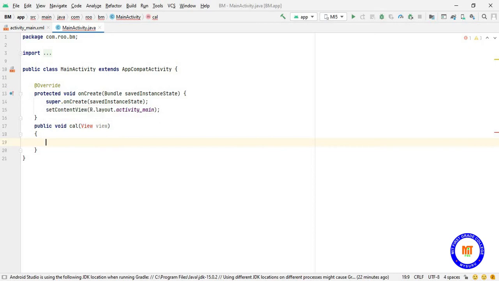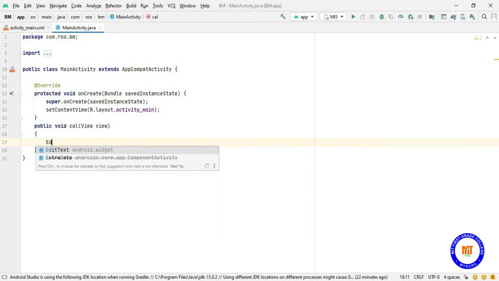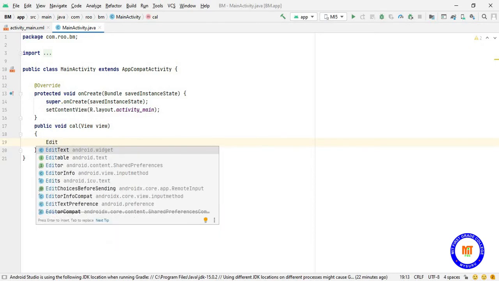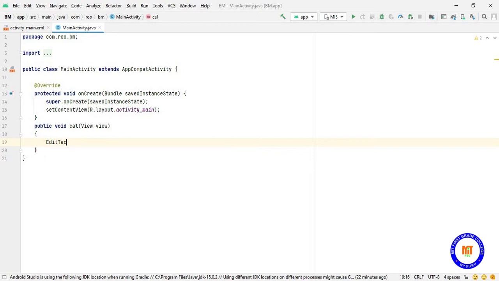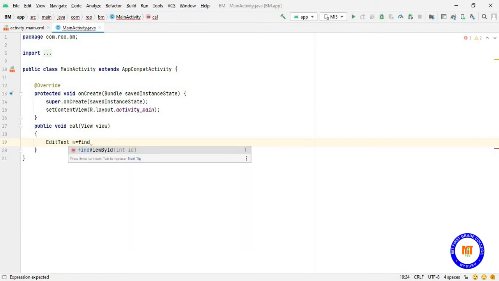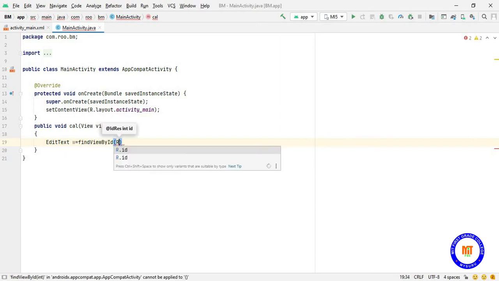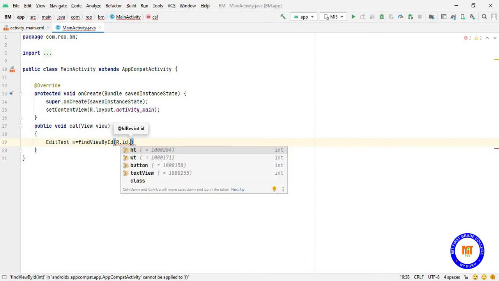Press Alt+Enter. First I'll take EditText because I have used plain text in the XML file. I'll take w as the variable. Now I'll extract the value that the user gives in weight: findViewById R.id.wt.